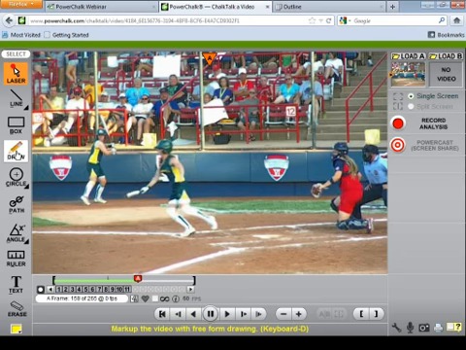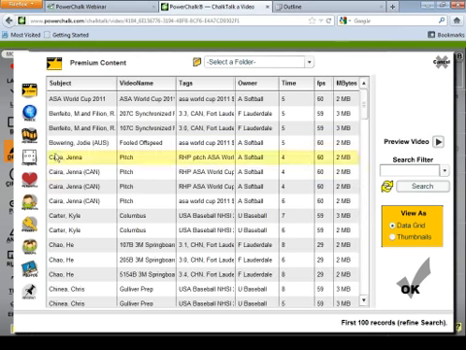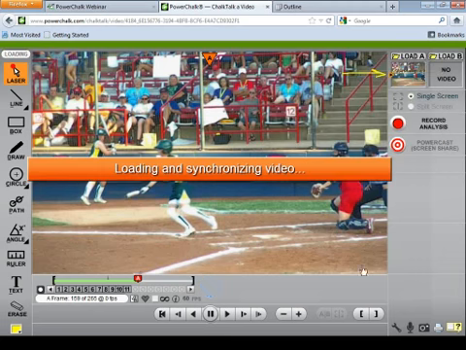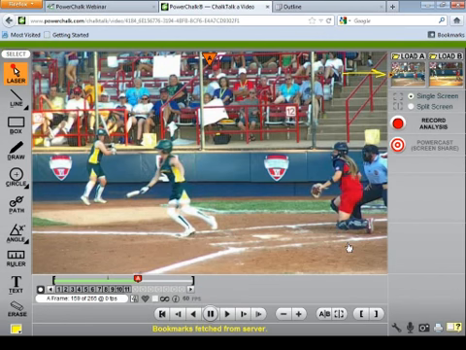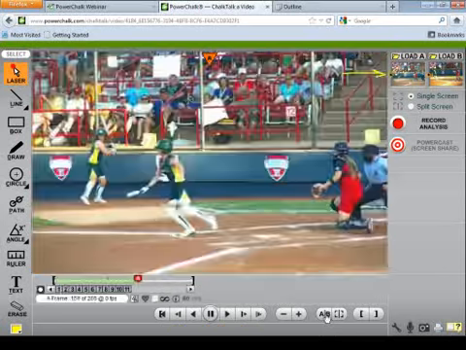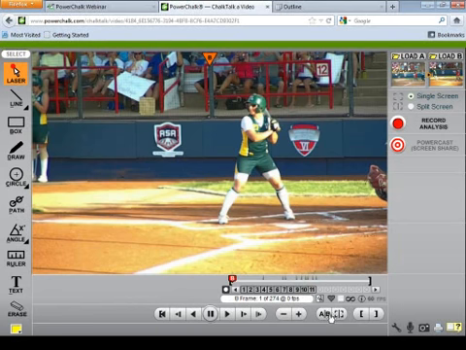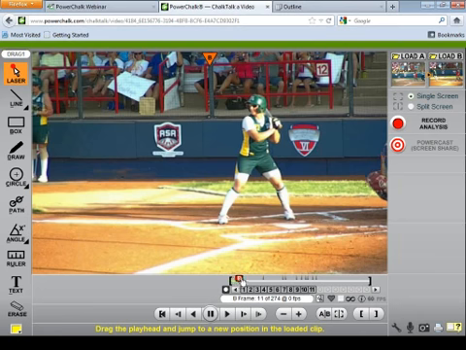Okay. So as I showed you folks before, as Caitlin was analyzing that swing, let me erase that line. I didn't draw a very good line there. You notice that, again, that slot B appeared. Let's go out and load another video. So I'm going to go back in, and let's take this one and see what this brings up. Now if you notice, folks at home, I've loaded a video into the B slot, and I can simply toggle back and forth between the A and B video. Let's watch the B video and see what Caitlin has to say about this one. So I'm going to literally grab that playhead and drag it.